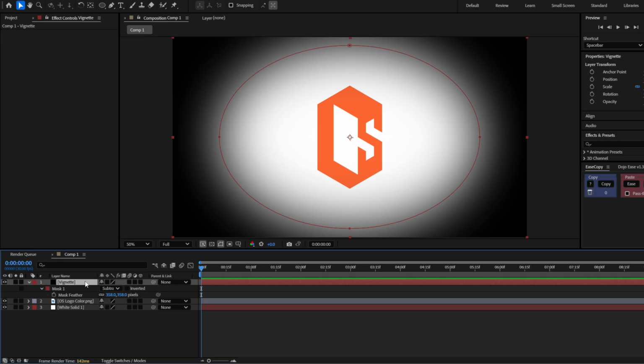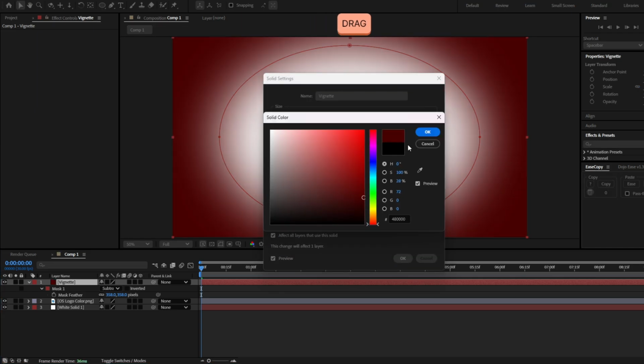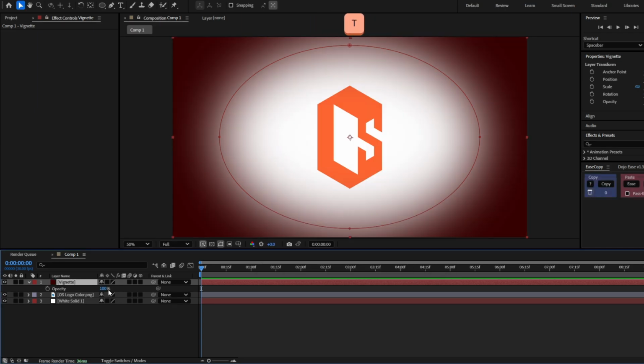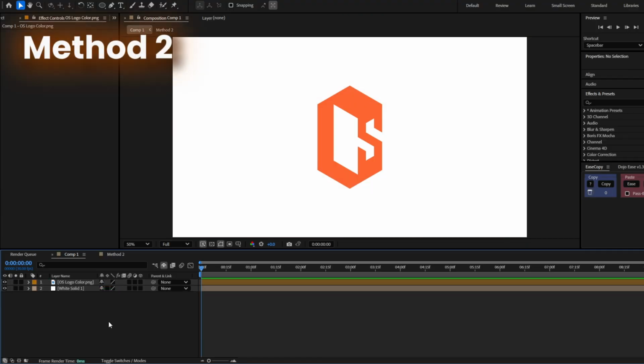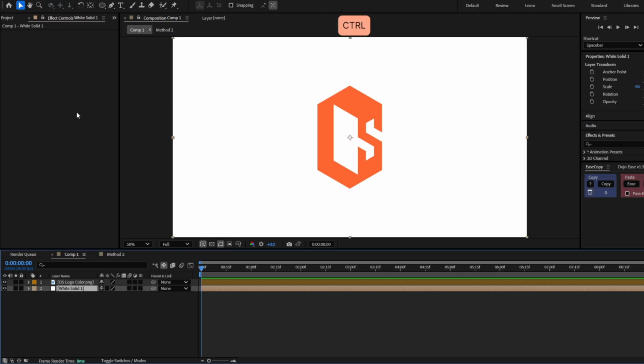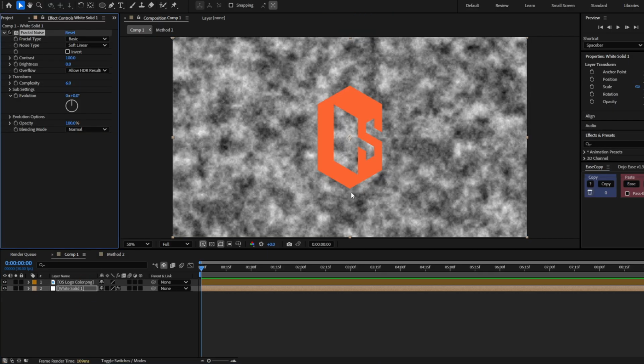And you can also change the color. If you select the solid layer and press Ctrl-Shift-Y, you can change the color of the vignette and even adjust the opacity. For this third method, we are going to create a blurry vignette. And to see the blurriness, I'm going to add the effect fractal noise to the white solid,